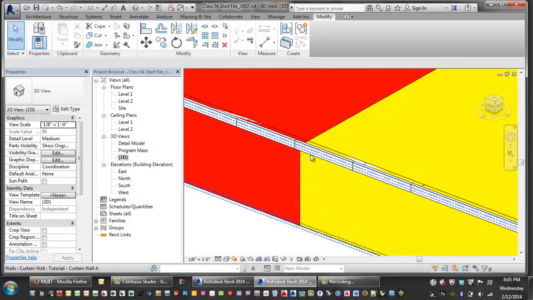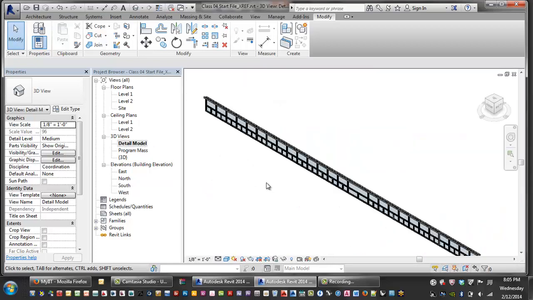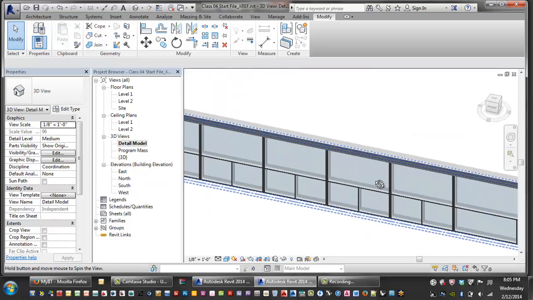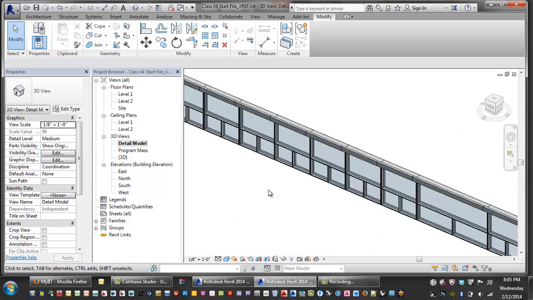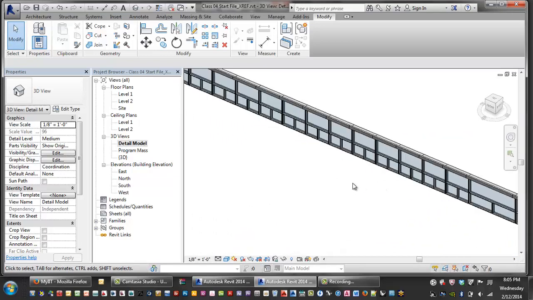Right? So you should see then only this sticking out, and if I go to my detail model, you should see something that looks like this. Now if I want